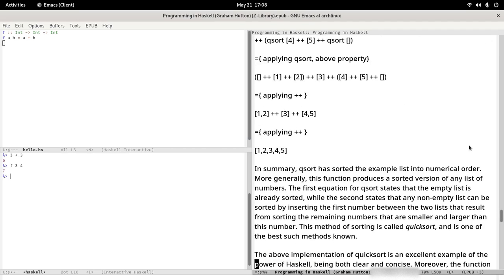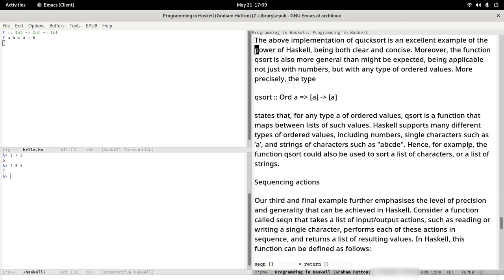The above implementation of quicksort is an excellent example of the power of Haskell, being both clear and concise. Moreover, the function qsort is also more general than might be expected, being applicable not just with numbers, but with any type of ordered values. More precisely, the type